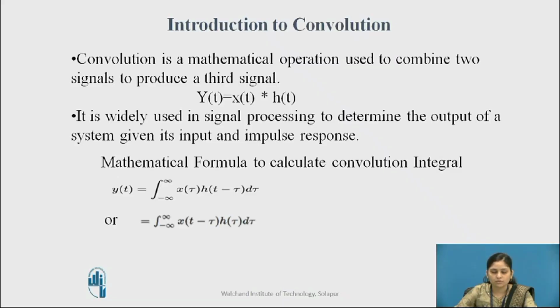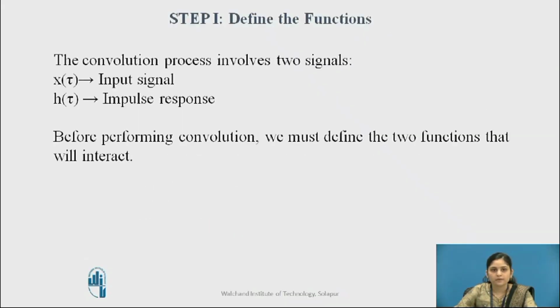The mathematical formula used to calculate the convolution integral is y of t, which is equal to the integration from minus infinity to plus infinity of x of tau h of t minus tau d tau, or we can write y of t equal to the integration from minus infinity to plus infinity of x of t minus tau h of tau d tau. Now let us define the first step used to perform convolution integral, which is that